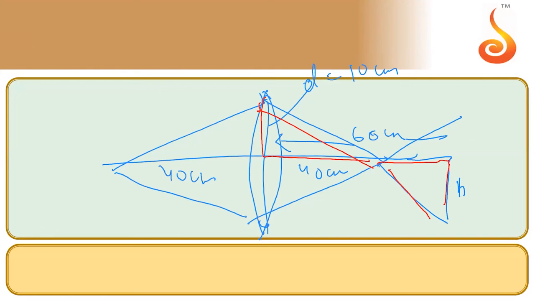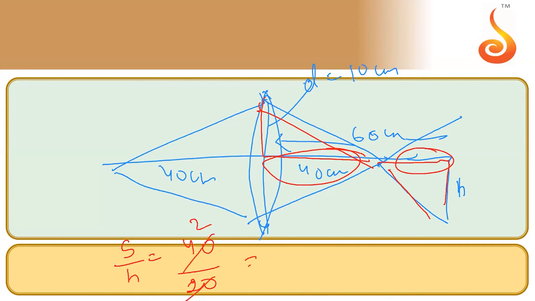The bigger triangle and the smaller triangle on the right, the bottom triangle, appear to be similar triangles. If they are similar triangles, I can find the numbers using ratios. The diameter was 10, so this is equal to 5. So I will write 5 divided by h is equal to, this distance is 40. Do you agree with me? 60 minus 40, this should be 20. Yes or no? 5's corresponding number is 40 and h's corresponding number is 20. This gets cancelled, I get 2. So what is h equal to? 5 divided by 2, which is 2.5 centimeters.